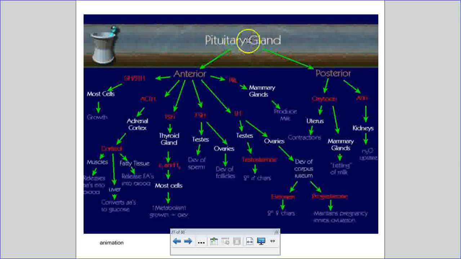So this is saying the pituitary gland has 2 lobes, the anterior lobe and the posterior lobe. And the anterior lobe, like we said, produces these 6 hormones and releases them when the body requires them. So the first is growth hormone, or somatotropin, and it acts on most cells of the body, especially bones and muscles, and causes growth. So hence the name growth hormone. The second is ACTH, so